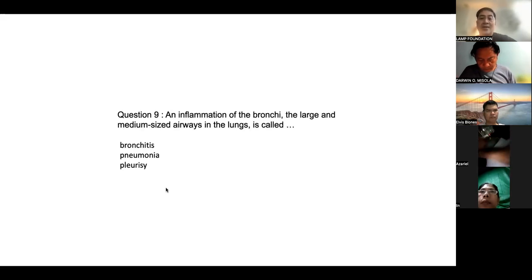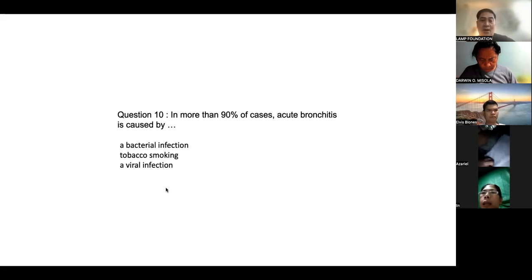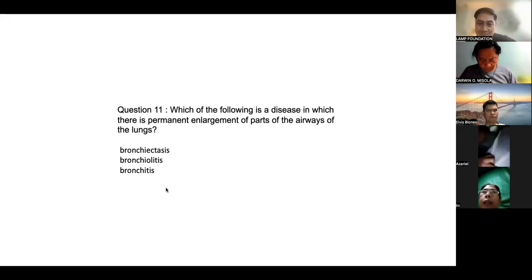10%. An inflammation of the bronchi, the large and medium-sized airways in the lungs, is called bronchitis. In more than 90% of cases, acute bronchitis is caused by a viral infection. Which of the following is a disease in which there is permanent enlargement of parts of the airways of the lungs? Bronchiectasis. An abnormal collection of air in the pleural space, which causes an uncoupling of the lung from the chest wall, is referred to as